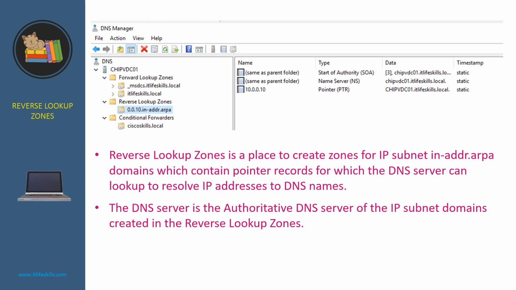So in this screenshot, we created the reverse lookup zones for the IP subnet 10.0.0 and we created the pointer records to map 10.0.0.10 to the server gpvdc01.itlifeskills.local, which means whenever the DNS server gpvdc01 receives the query to resolve the IP address